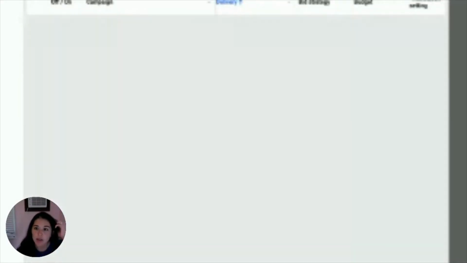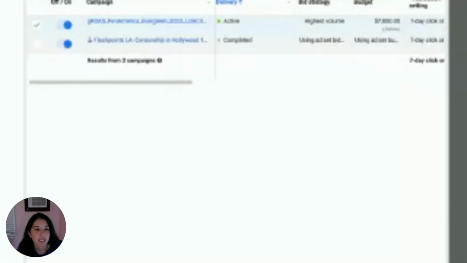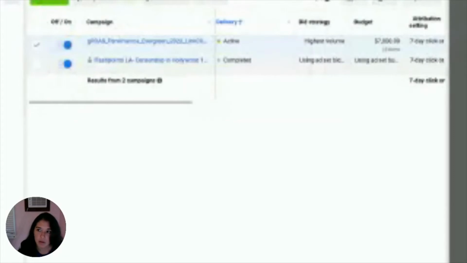So hopefully, I think this is the correct tab. Yes, great. So this organization, hopefully you can see all of this. Is my whole screen showing? Let's see. Okay, it looks like it's a little